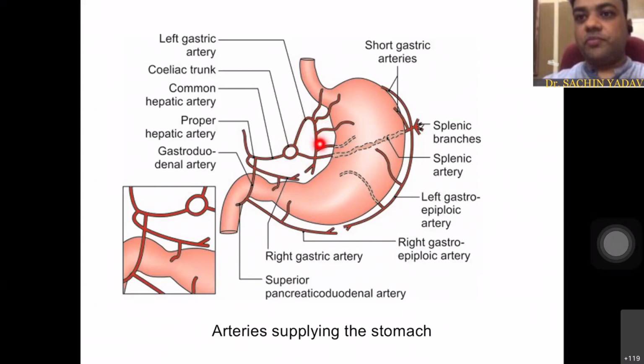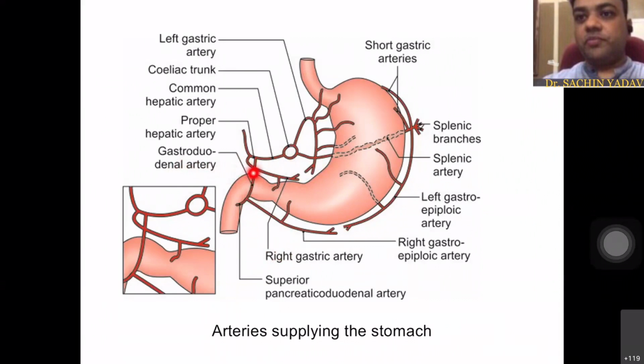We'll see that the celiac trunk has 3 main branches. One is the left gastric artery, as I already told you. Then the splenic artery, running behind the stomach as a stomach bed structure. And toward the right side, you can see the common hepatic artery. In relation to the stomach, we only see this. The common hepatic artery also gives rise to the right gastric artery. You can see the right gastric artery coming from the common hepatic artery. Before the right gastric artery, the common hepatic artery also gives a unique branch, known as the gastroduodenal artery.